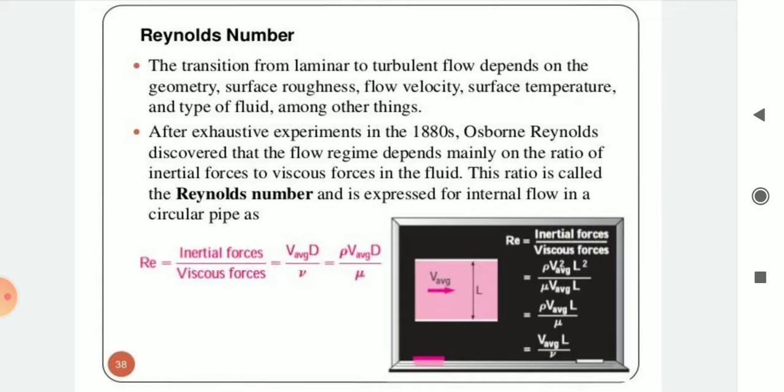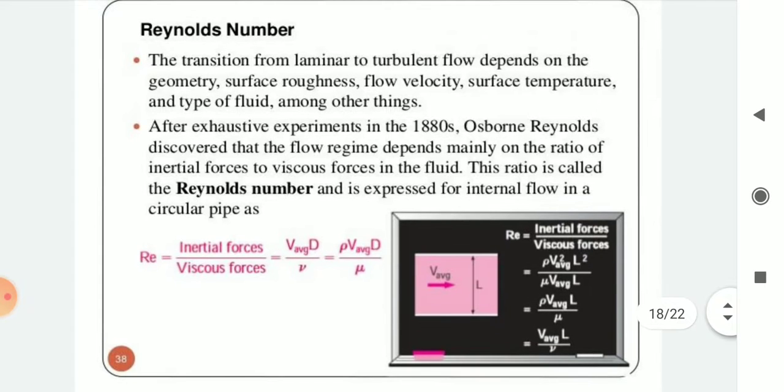Reynolds number Re is equal to inertial forces divided by viscous forces, which is equal to V average into D divided by nu, which is equal to rho V average D divided by mu. Okay, so you can see the image, V average and the length L have been shown. That is, Re is equal to inertial forces divided by viscous forces, that is rho V average squared L squared divided by mu V average L, which is equal to rho V average L divided by mu. So finally, Reynolds number is equal to V average L divided by nu. Okay,